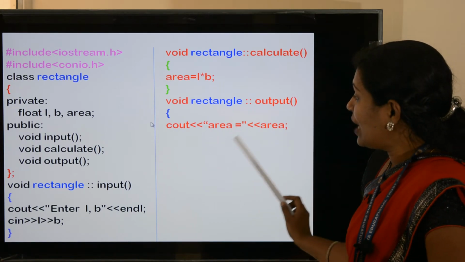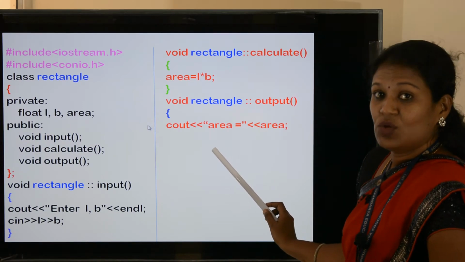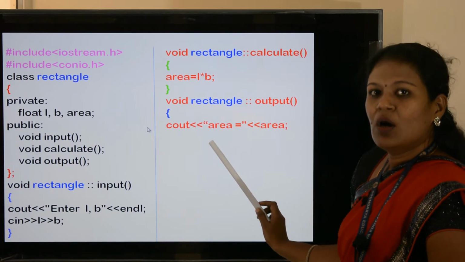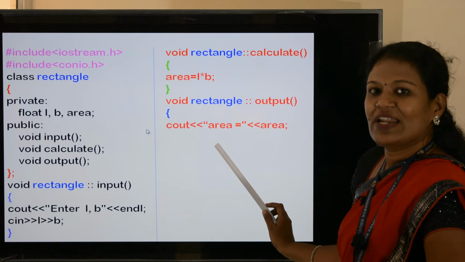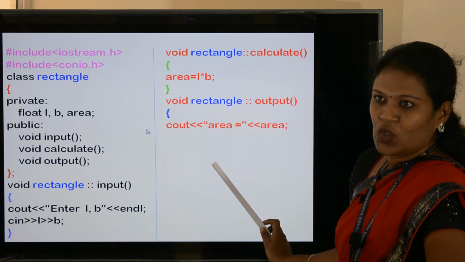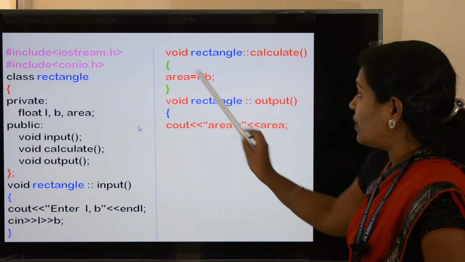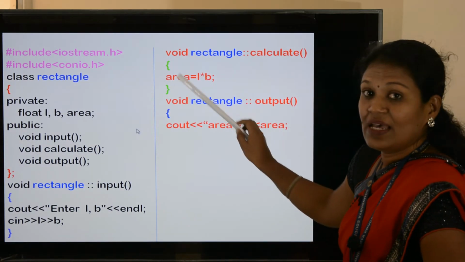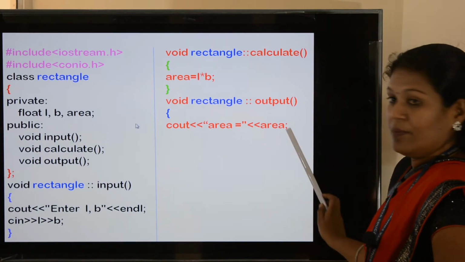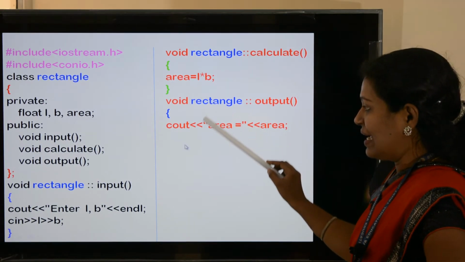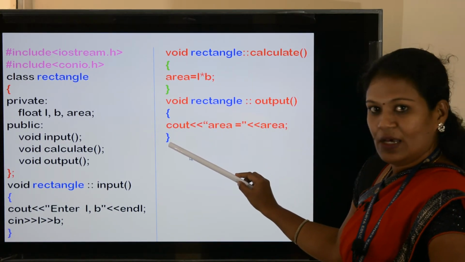This area equal to I am giving in double quotes. You can give area equal to, or you can give area of the rectangle is equal to. So area is equal to area. What is the variable for area? Area only. Then this opening curly bracket I'll be closing here.